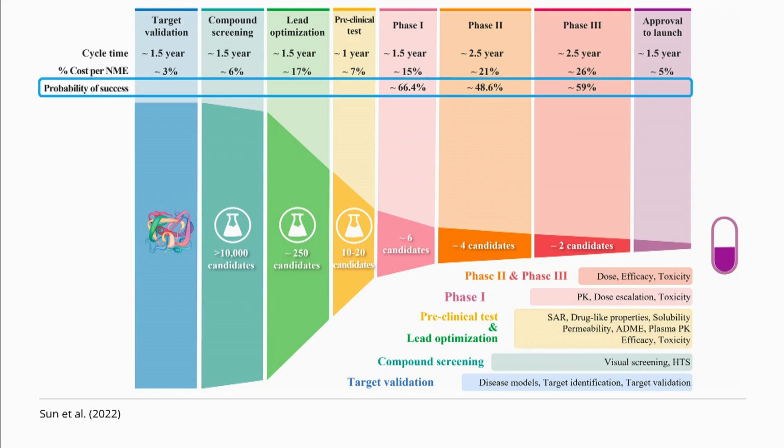If we look at the success rate of all trials across all different disciplines, it's a 90% failure rate from phase 1 to drugs that are finally approved. And this only takes into account the failure rates that are known, which is only in the clinical trial stages, 1, 2, 3. We don't know anything about the preclinical stages. So the situation is actually much worse than 90%. So why could this be? Why is this the case? Why are we failing so much?